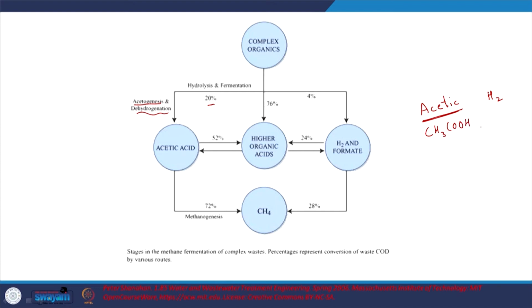Another aspect to note is that acetic acid, CH3COOH, has a pK of 4.76, and note that this process is sensitive: one process is sensitive to a pH of around 6.5, the methanogenesis, the other one to around 5.5. So, if the pH falls considerably, and especially when you have sulphide, and the pK of this is around 6.7 or I think 7, let us say. We know that hydrogen sulphide is something like this.